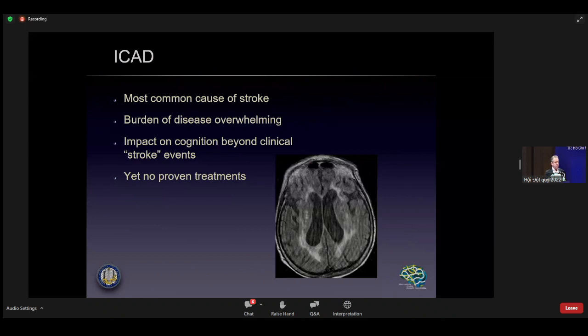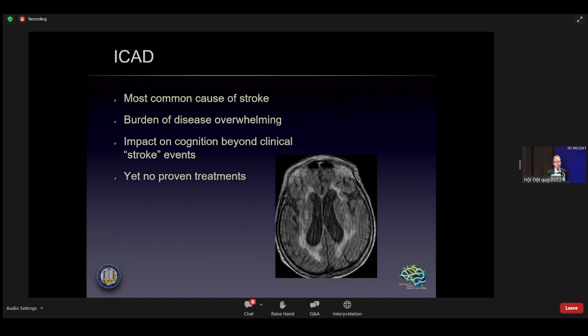So we see the imaging evolution of lesions of strokes due to ICAD when we start to image patients. Despite all this, and the rising importance of cognition and cognitive impairment in a disease such as ICAD, the limitation is that everybody has said for a while now that there are no proven treatments in ICAD. And this causes a big problem because it really removes the motivation of physicians, providers, or anybody else to do anything differently.